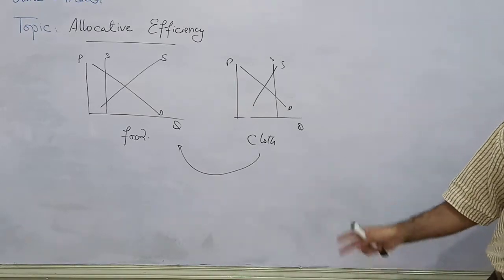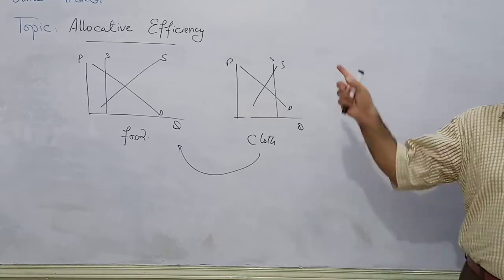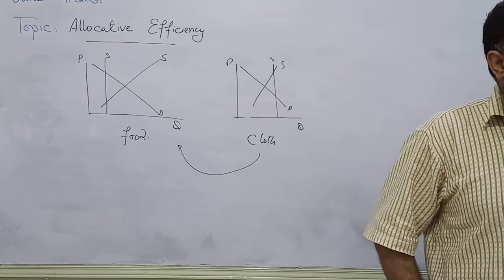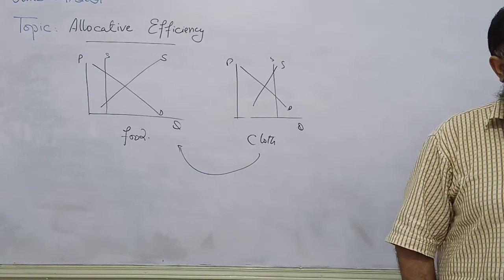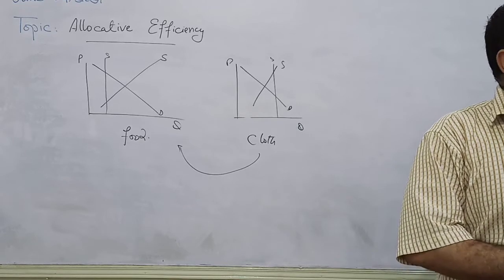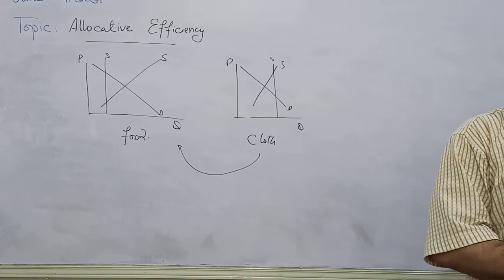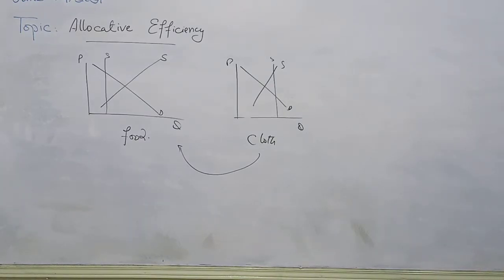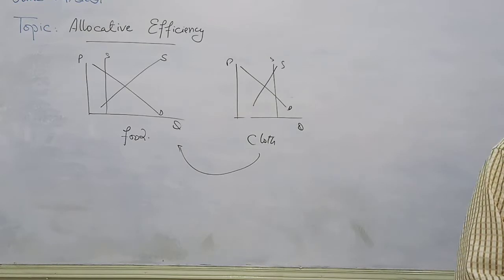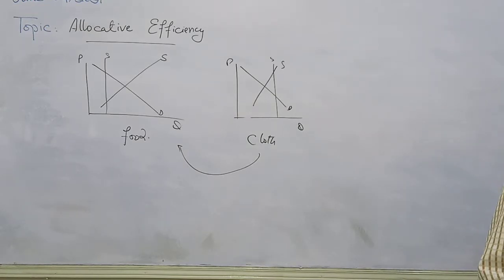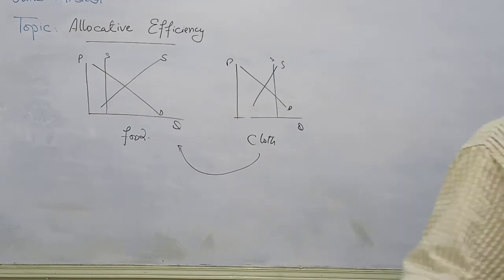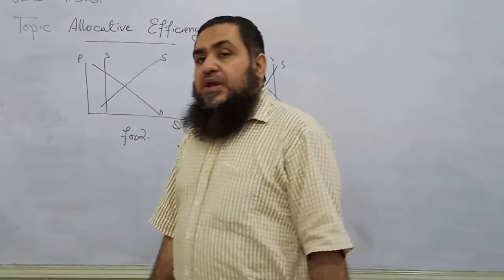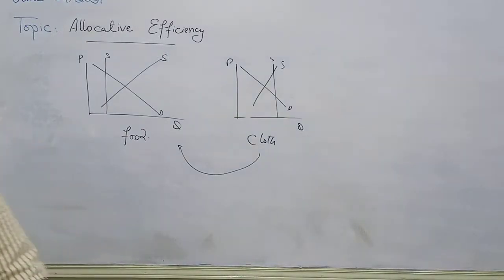So when all these markets are operating at equilibrium condition, then we will see that we have efficiency and allocative efficiency is fulfilled. I will explain more regarding social benefit and social cost when we study externalities. Allocative efficiency will be achieved when the socially desirable level of output is produced by the market forces of demand and supply. The socially desirable level of output can be achieved when social benefits are equal to the social cost of production. That will come in our later lessons in the case of externalities. Okay.